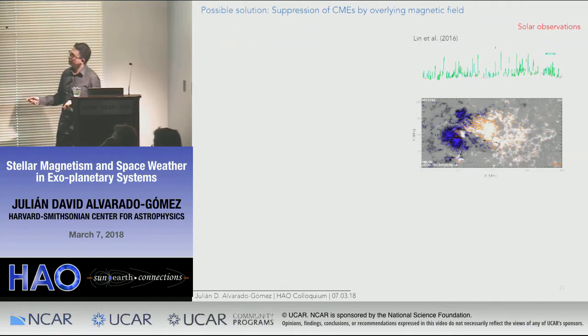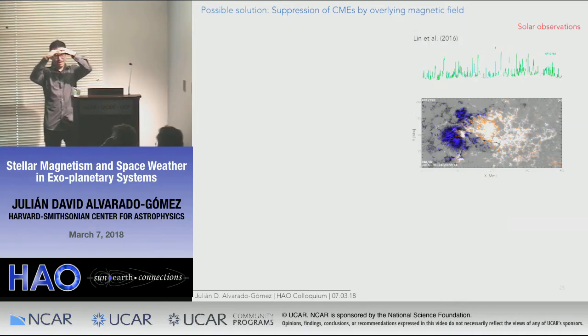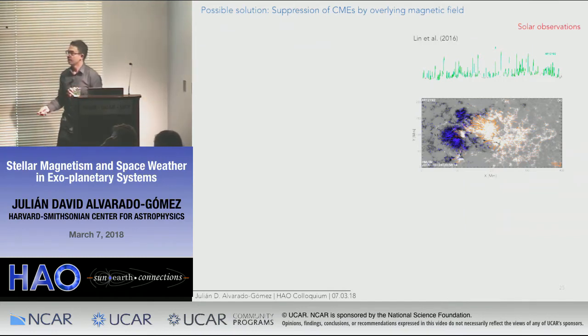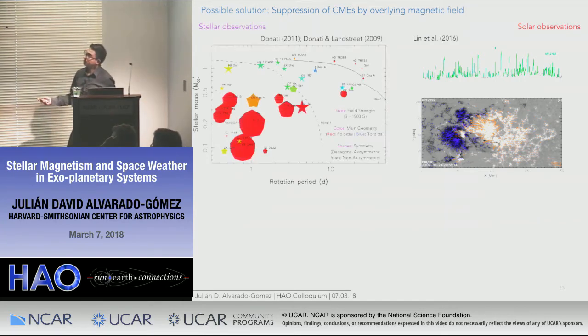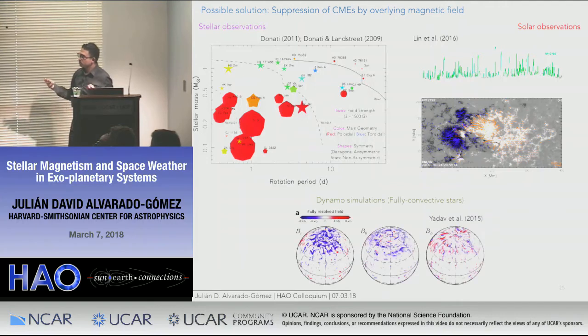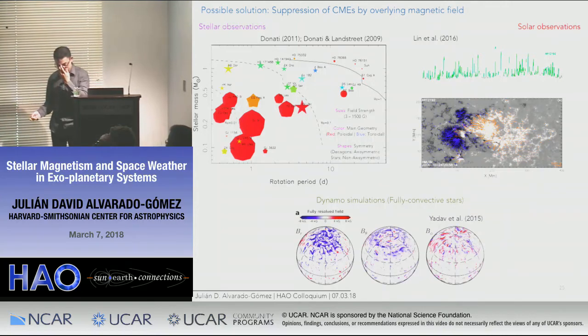The idea was that this kind of dipolar configuration around the neutral line was serving like a cage, preventing the eruptions from going out. You generate the flares, but the plasma is not leaving. And this is the same idea we're trying to explore in stars. In stars, we know that large-scale fields can be strong enough to provide these conditions. And even if you look at dynamo simulations, this is work from Kesh Yadav, simulating a fully